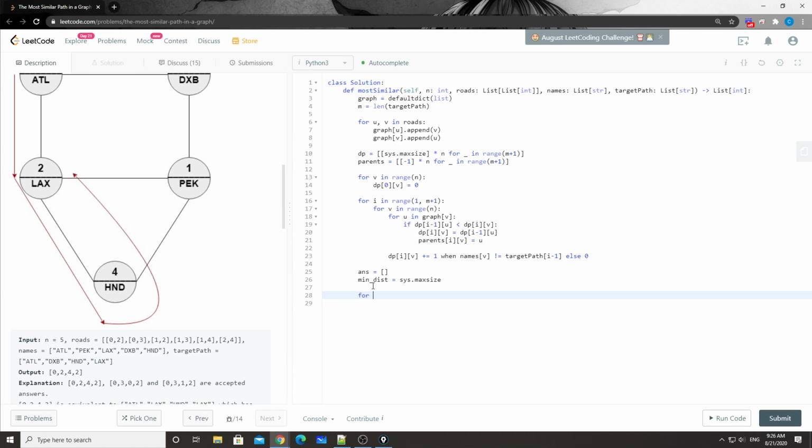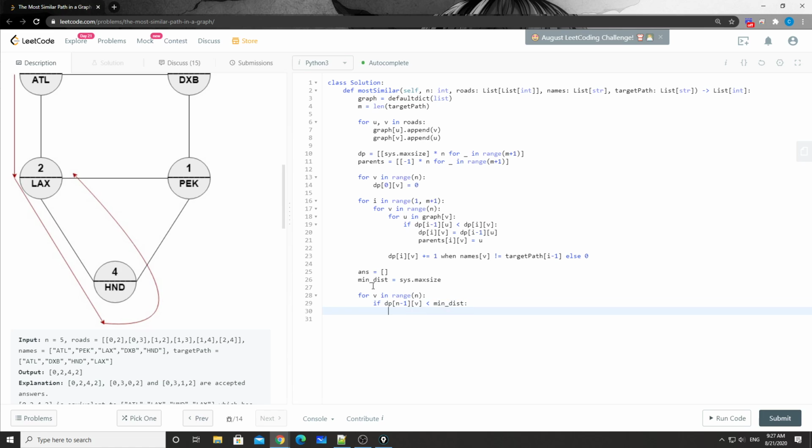So basically we're gonna do this for v in range n: if dp n minus 1 and v is smaller than the minimum distance,